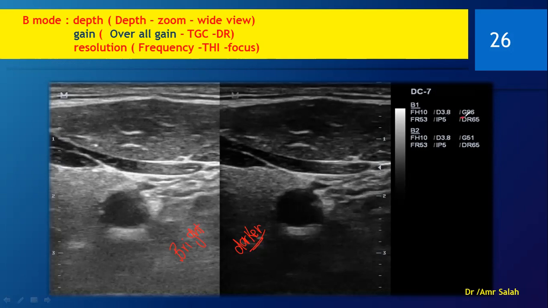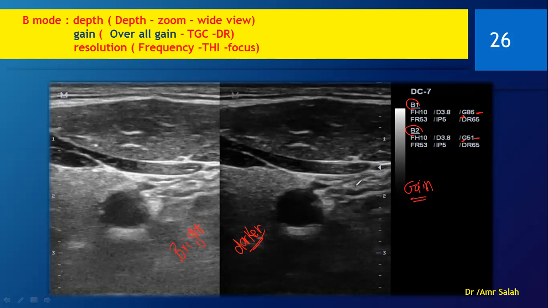Let's take this. What is this? Okay, this is your gain that we are discussing now. And one is 51 and the other is 83. This is numbering, this is B1 and this is B2. So can you tell me which picture is B1 and which is B2? B1 has gain of 86 and B2 has gain of 51.